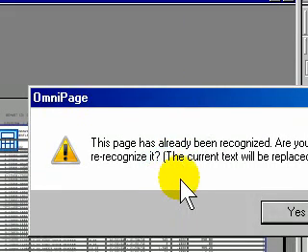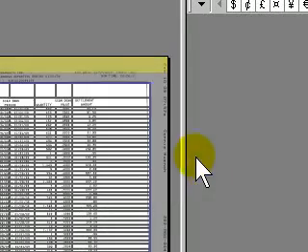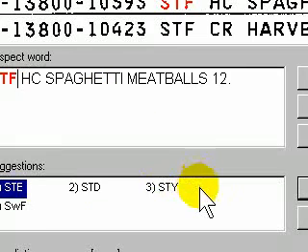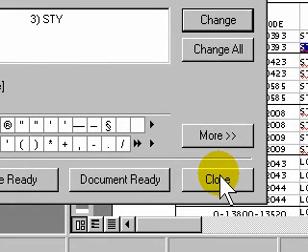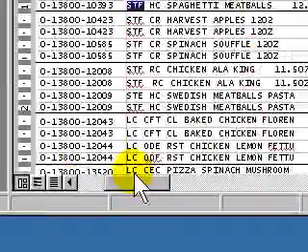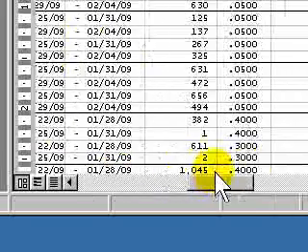OmniPage will ask if we want to re-recognize it because it's already done the OCR. We do. We want it to redo the process. It will scan the document based on the areas that were selected and will run through a spell checking process. I'm going to skip the spell checker. If you want pinpoint accuracy, you will want to run through the spell checker and make sure that the errors are okay. The output is generated here in the text editor window,